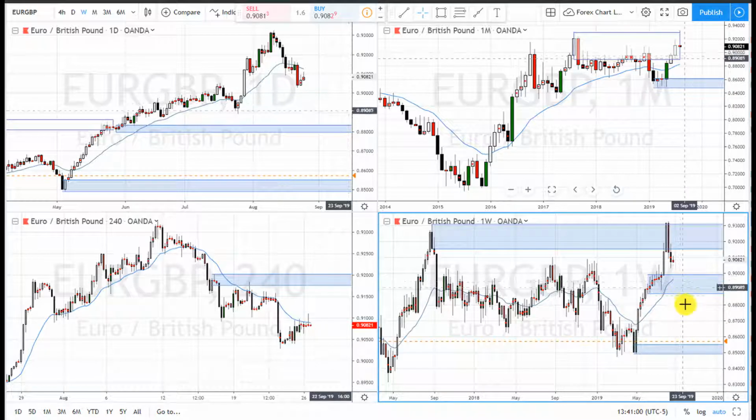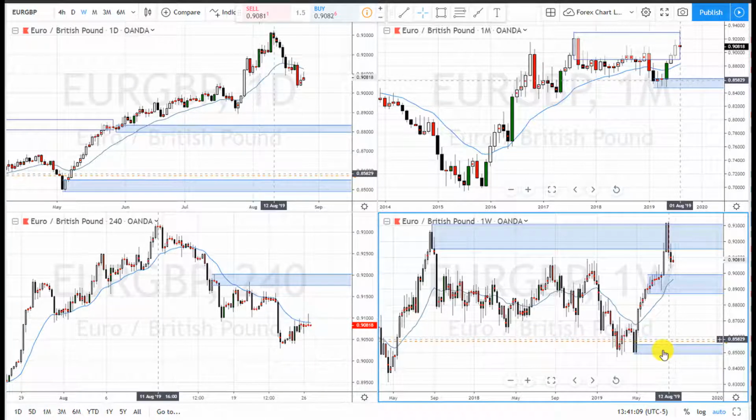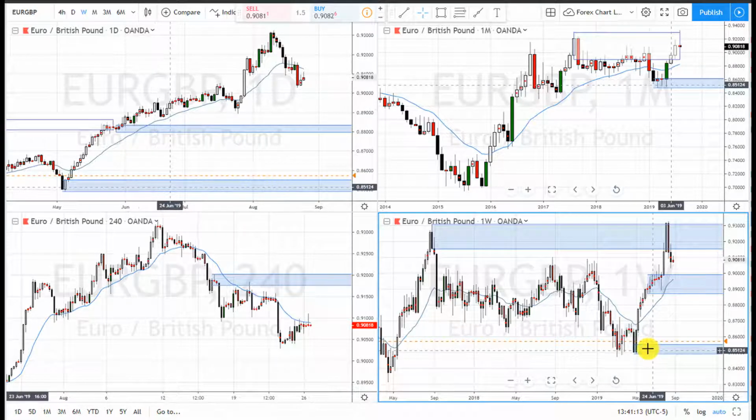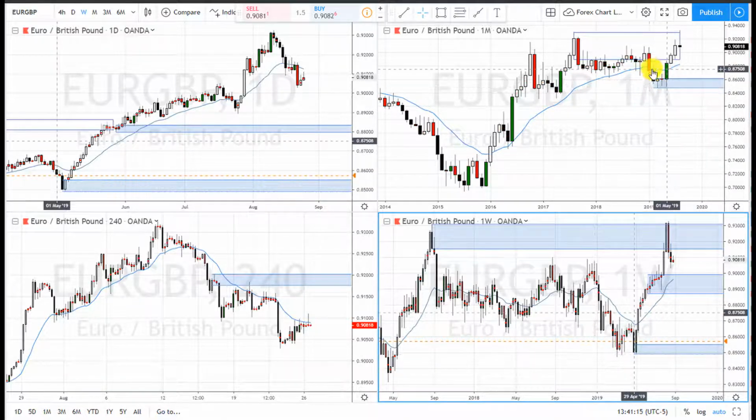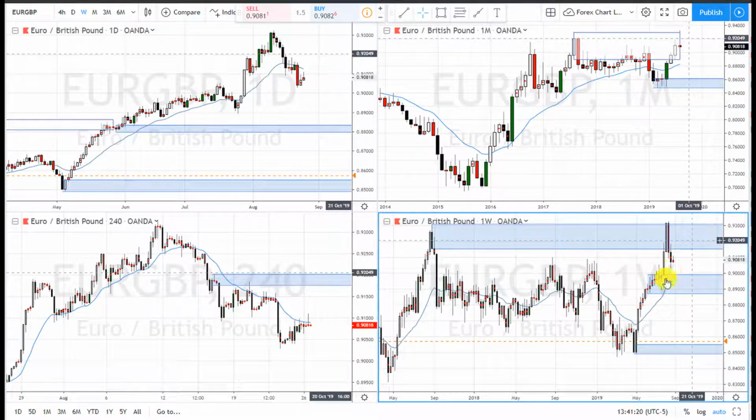It could just break this area and indicate that it's going to go lower all the way down to here. And this is where I set up my alert, because this is where I want to go long, because this is the area where it's located right here. But we're in an uptrend. We're in a clear uptrend, so